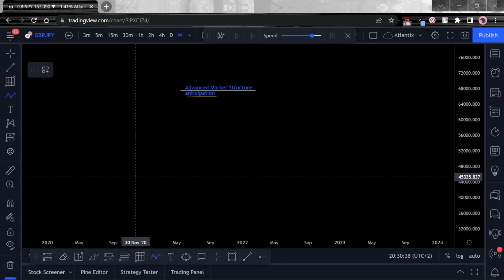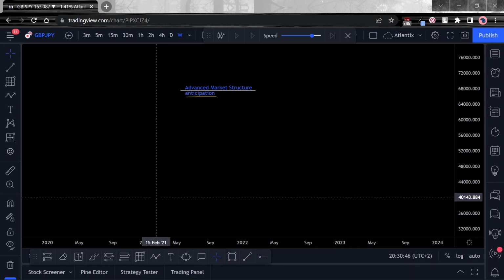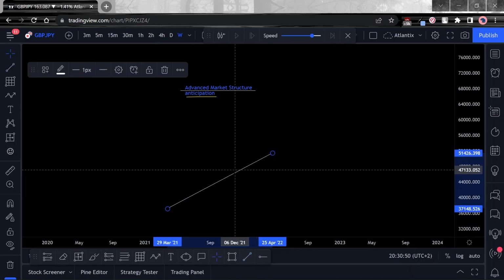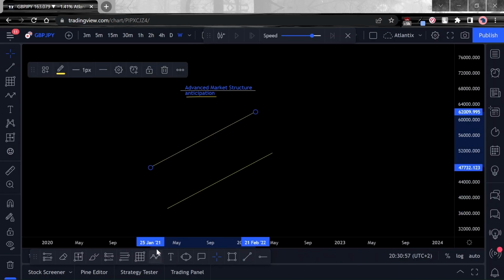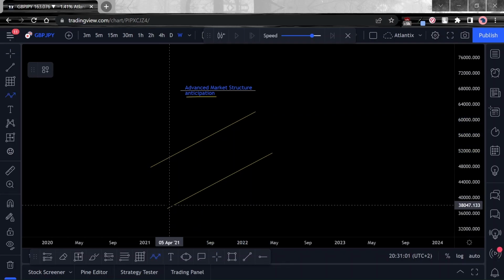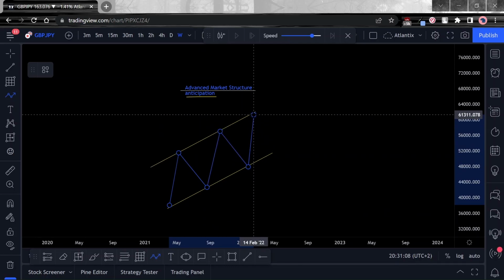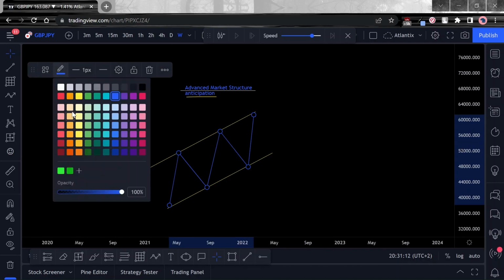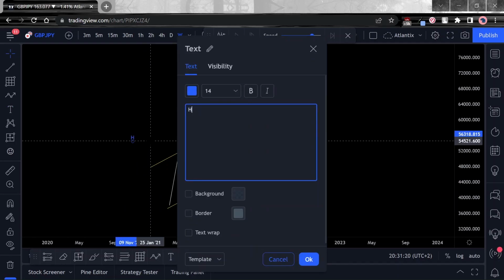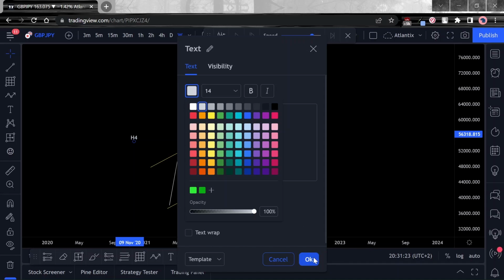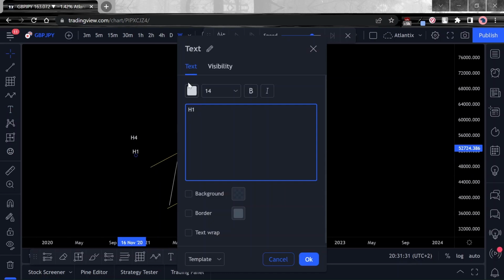So let's go through the model that we've been looking at in previous videos, which is something like this. Let's draw it together and label it together. So obviously we've got price moving from a low over here, gives us a high, higher low, higher high, higher low, higher high, and so on and so forth. So let's label that white, and let's put some text to indicate that this is our H4, which is the white line, and we also want to have an H1 line here, which indicates our internal structure.